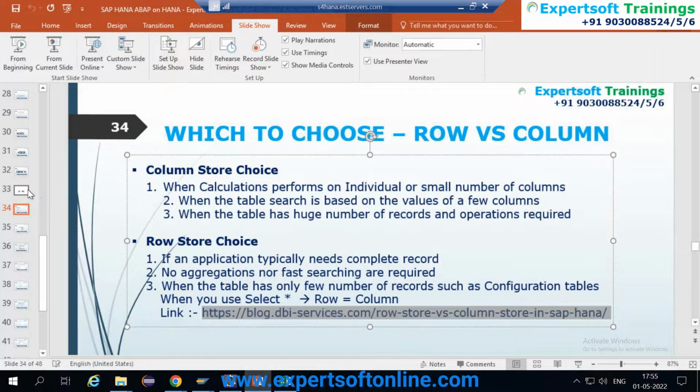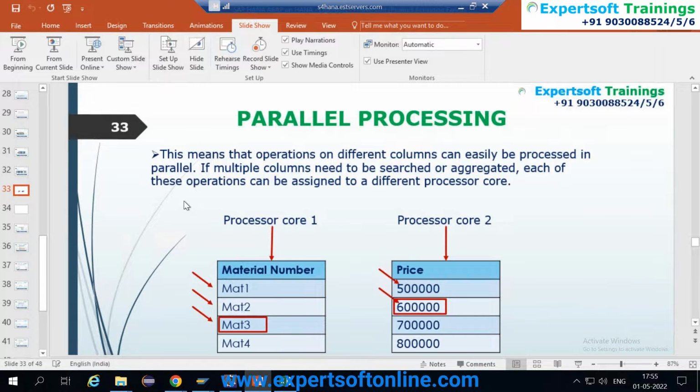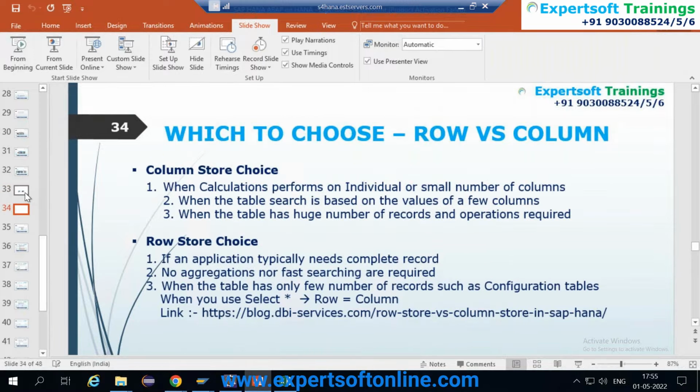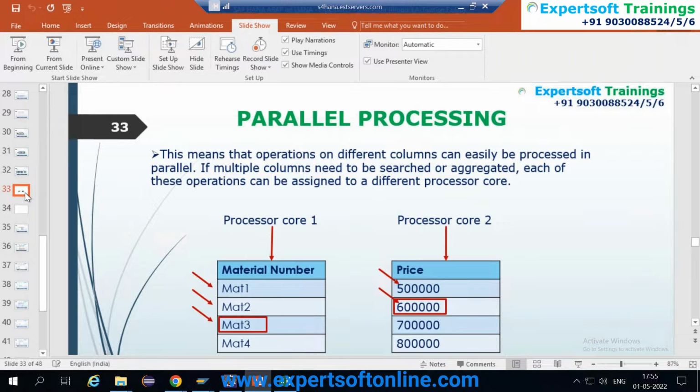And the second benefit of HANA is parallel processing. I told you that if you query multiple things from the database, there are multiple processors, core 1, core 2. So there are work tasks, and they work in parallel on this. So that parallel processing also helps to improve the performance. Okay, is this point clear? Do you want more explanation on these two points? This is the core of what you have to understand: why we have transitioned from the earlier database to HANA.